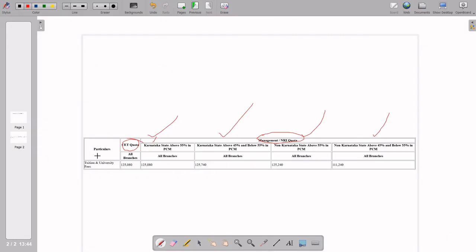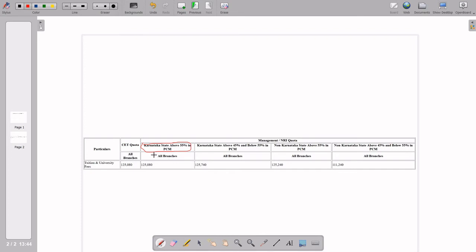Coming to the second row. The second row will start from this place. This is the second row from these parts. This is already merged here, this already merged three rows together, this merged two rows. So in the second row, the first value we can display is Karnataka state above 50% PCM. Got it?